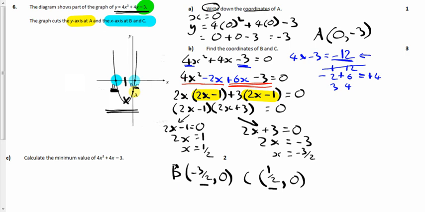Another way is just to use a bit of common sense. I'm looking for the middle point of minus 3 and 1. Minus 3, 1. I can see there the middle of it's going to be x equals minus 1. So I need to take x equals minus 1, the